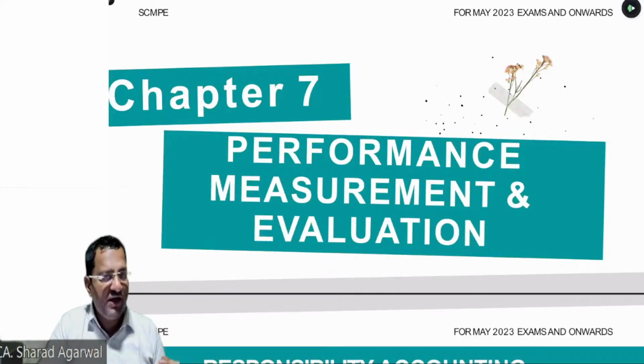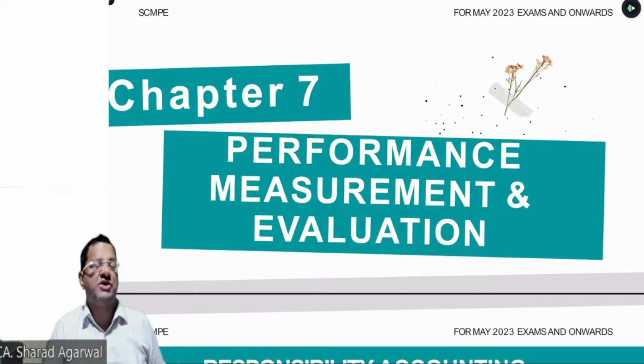It can easily be asked by the paper setter in one of the requirements that first they will ask you to calculate the ROI, then RI, and then they will ask what are the disadvantages in ROI and RI together due to which the EVA has evolved. So this point is very, very important. Why do we have the third financial model despite ROI and RI? Please recall it; I'm giving you 30 seconds to recall the same without referring to the study material.